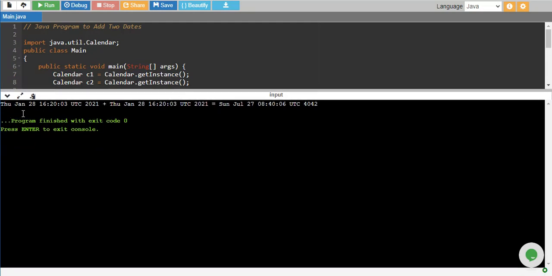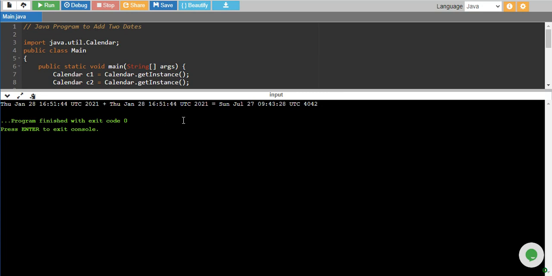One date is Thursday, Jan 28, and this much time 2021, plus Thursday, January 28, this much time and 2021, and we have added both of them, and now our resulting date is Sunday, July 27, this time and 4042. So if you see, the year has been doubled from 2021 to 4042,